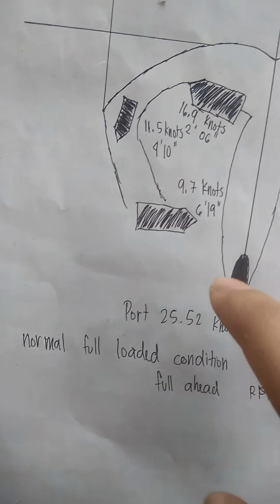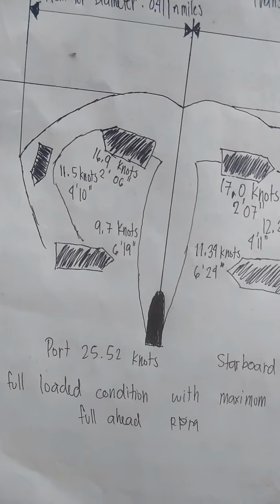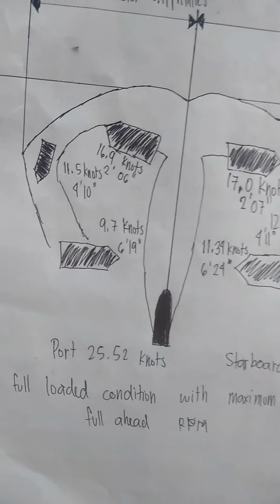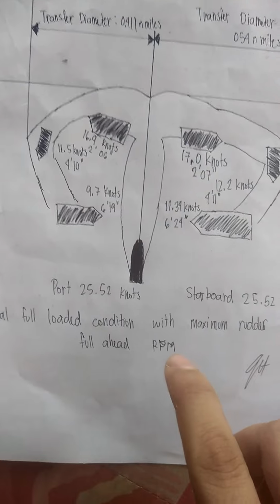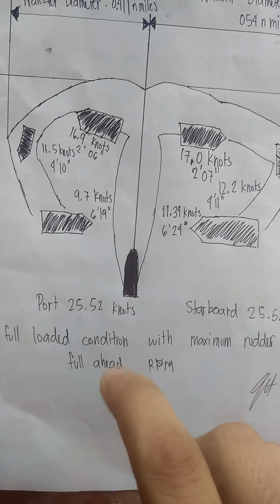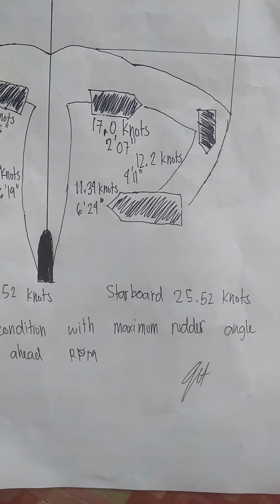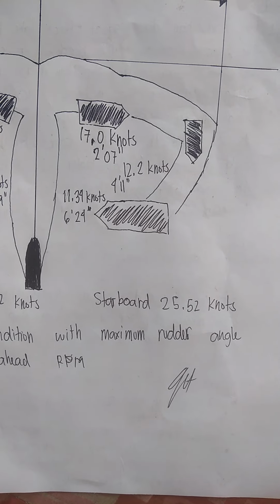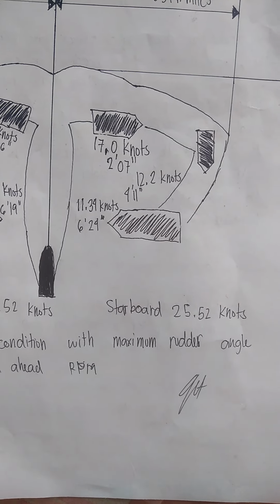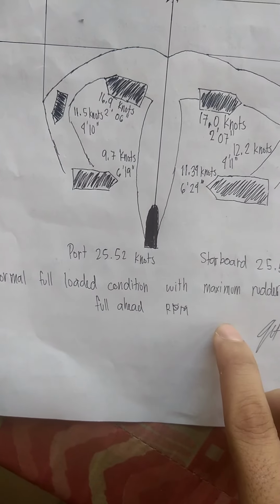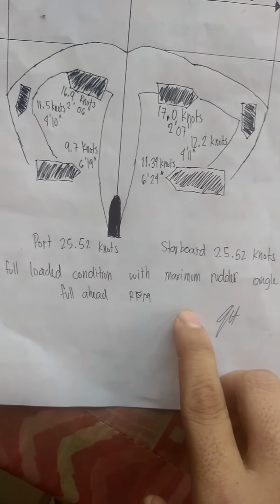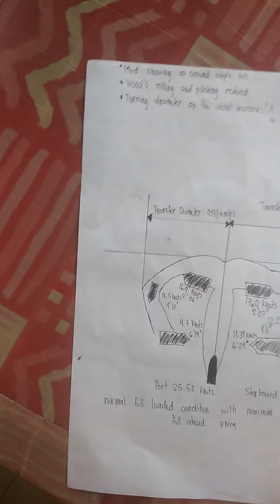So when it reaches the bottom it is 9.7 knots, 619 degrees. So port 25.52 knots, starboard 25.52 knots. Normal full loaded condition with maximum rudder angle full ahead. So in number